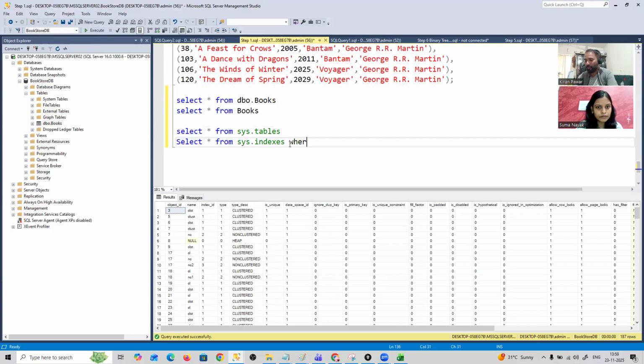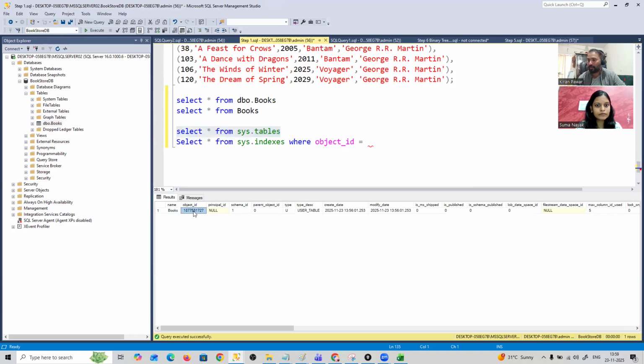So for this, if you pass an object ID, I want to pass the object ID. So what is the object ID? For this table, what is the object ID that it will pick up? Okay, so this is my object ID. So there is a relationship between them, right? So I will copy this object ID and paste it here, and